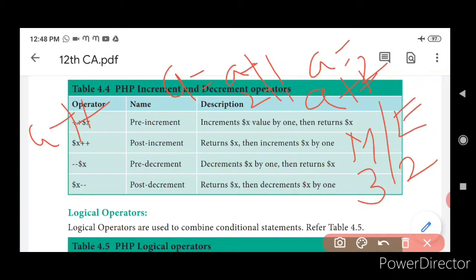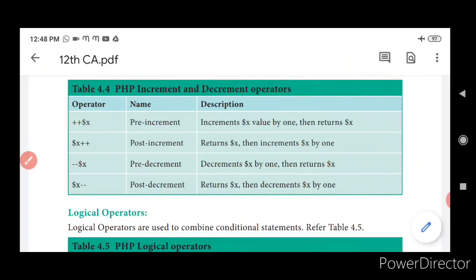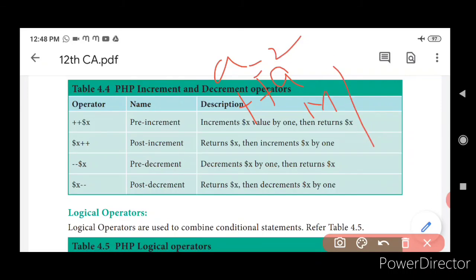Is that clear? In case it is pre-increment, let us take plus plus A, the same value of A is equal to 2. In pre-increment, let us take memory and execution again. So A is equal to A plus 1, which is equal to 3 now. In memory it will be 3, as well as in the execution part it will be 3. This is the difference between pre-increment and post-increment. Able to follow, children? Yes.